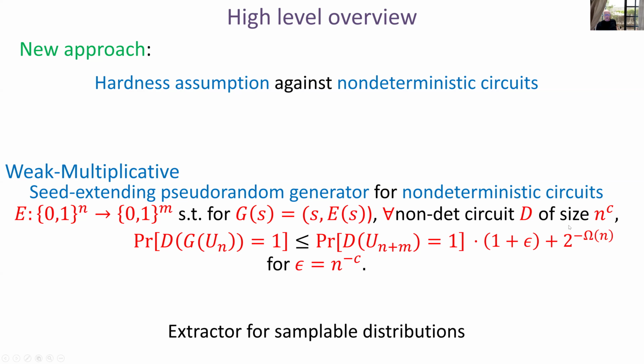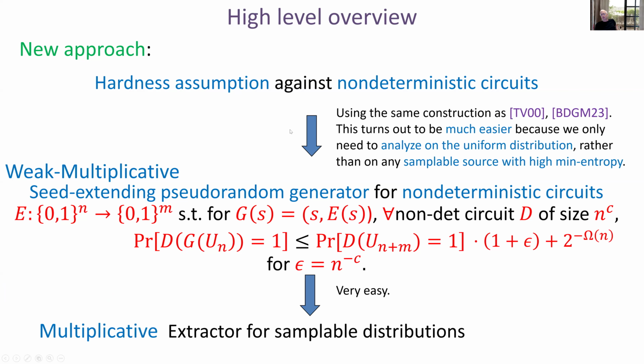And the point is that once you come up with this intermediate object, then showing that this object implies an extractor for samplable distributions is very easy, and you immediately get that your extractor is multiplicative. And then, in order to construct this weak multiplicative seed-extending pseudo-random generator from the hardness assumption, we use essentially the same construction as in the previous paper, but this turns out to be much easier to analyze because now we only need to analyze it on the uniform distribution,